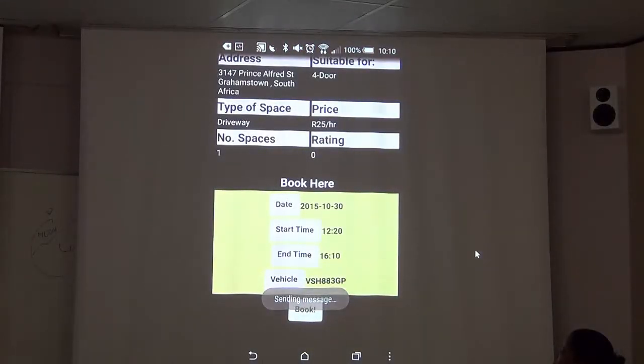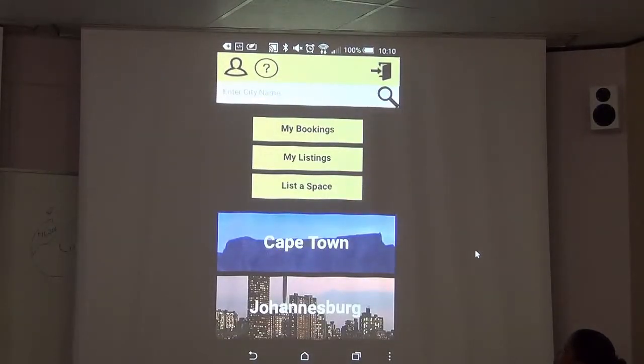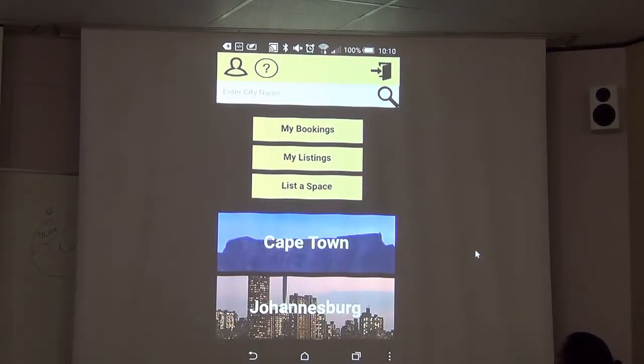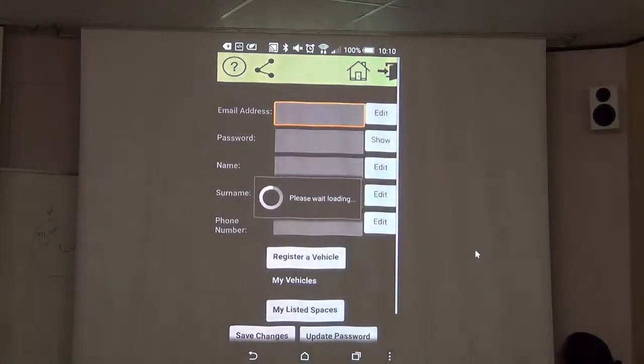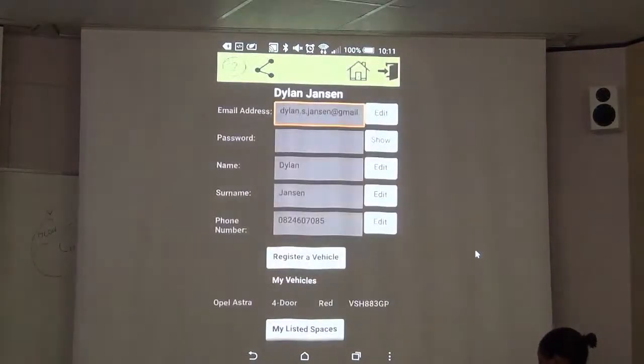So next up, Dylan's just going to show you our help function, that question mark at the top, which opens up onto our help website, which just gives the user any information about whichever page they're currently on. It's supposed to. If it doesn't work now, Supukazi will take us through using the help manual a bit later.